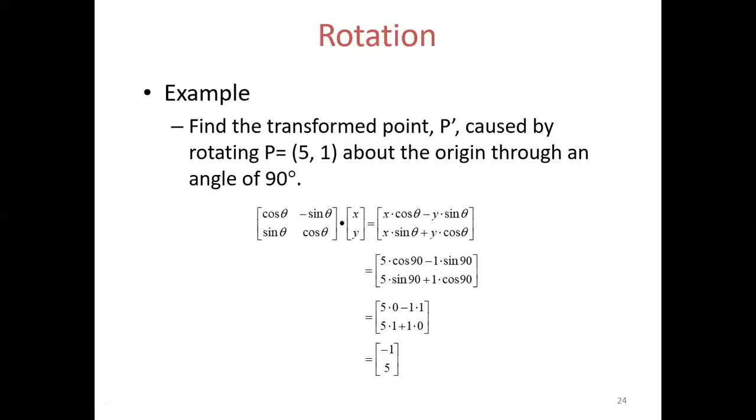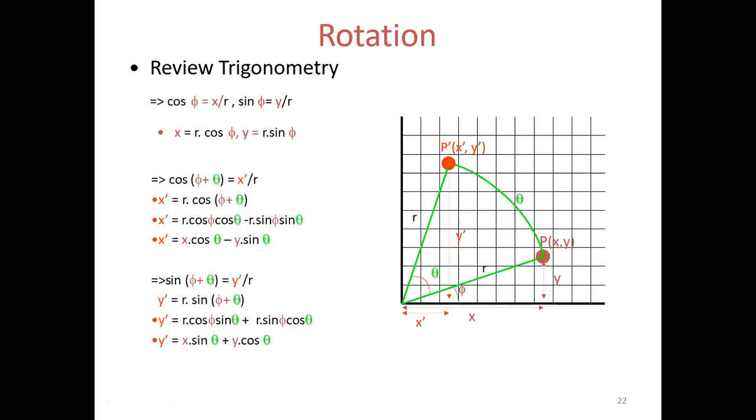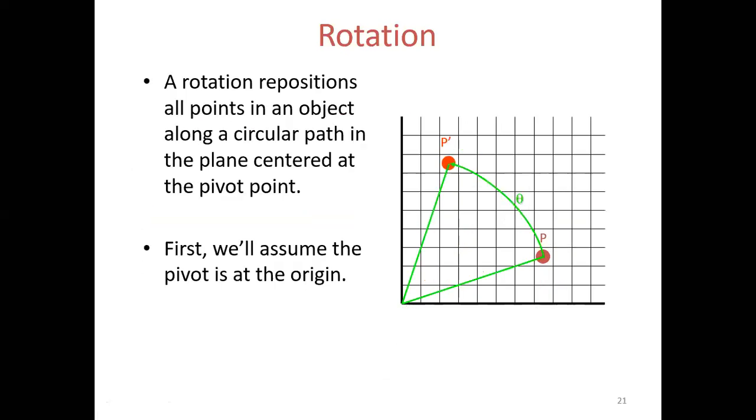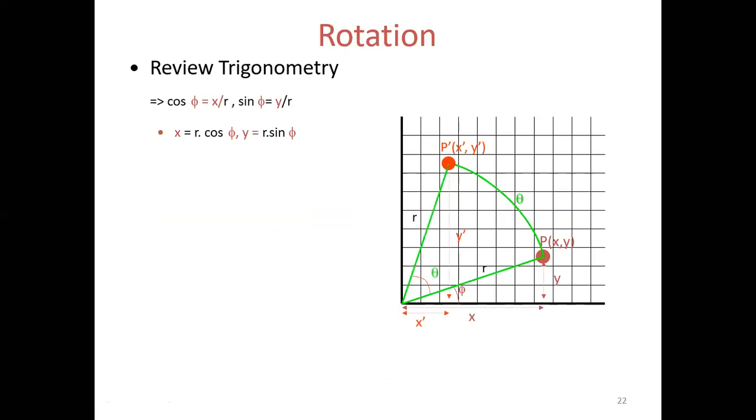Now let's see how rotation is being done. Before that, we have to cover some basic trigonometric equations to make things easier for you. Let's start with this one. We have an object, a point P(x, y). This is the X and this is the Y of P(x, y), and this is R. First we will apply the rule of cos. If the angle is phi, then cos phi will be X, that is the base. We know that cos theta is equal to base by